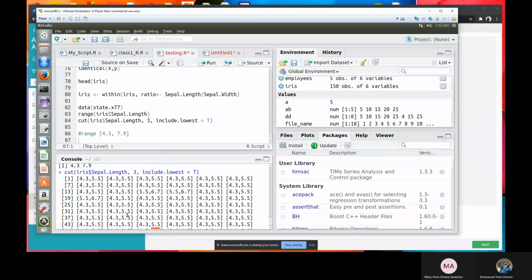Any value that falls in a range is classified into that range. So the first value in the sepal length column in the iris data set falls in this range, the second one falls here, the third value falls here, and like that. With this, I can plot using this range instead of having to use each data point. I can just use this range to plot my histogram for this particular column using the cut function.